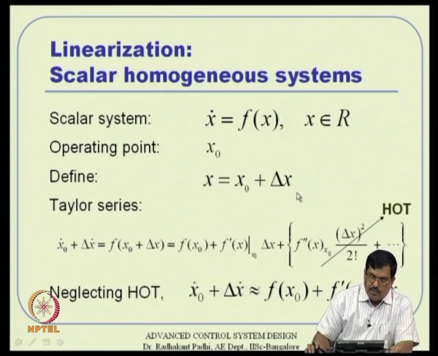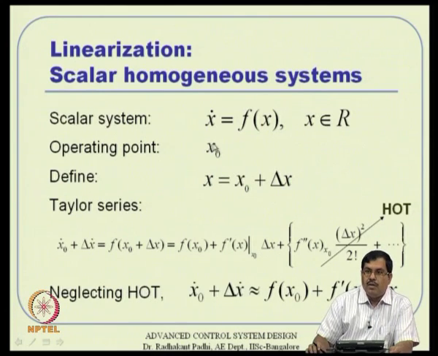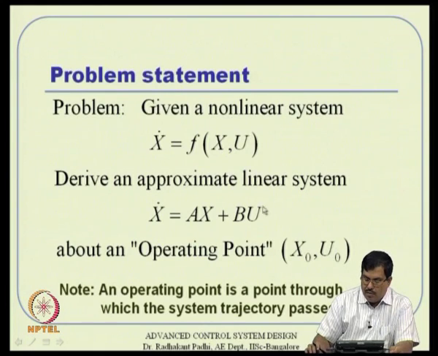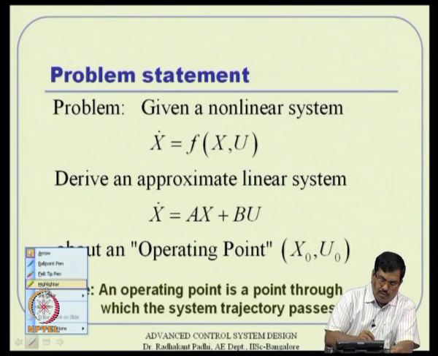Before we proceed, we will start with a very simple idea. Let us say there is a scalar system x dot equal to f of x, x is just a scalar. There is an operating point somewhere. The way to find the operating point, we will not talk too much on that. If you do not have anything, then probably naturally the point to select is the equilibrium point, and for the equilibrium point what you need to do is